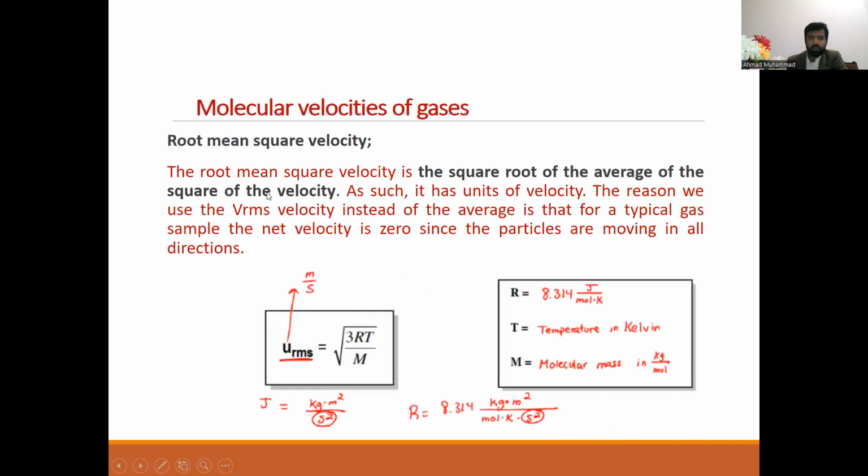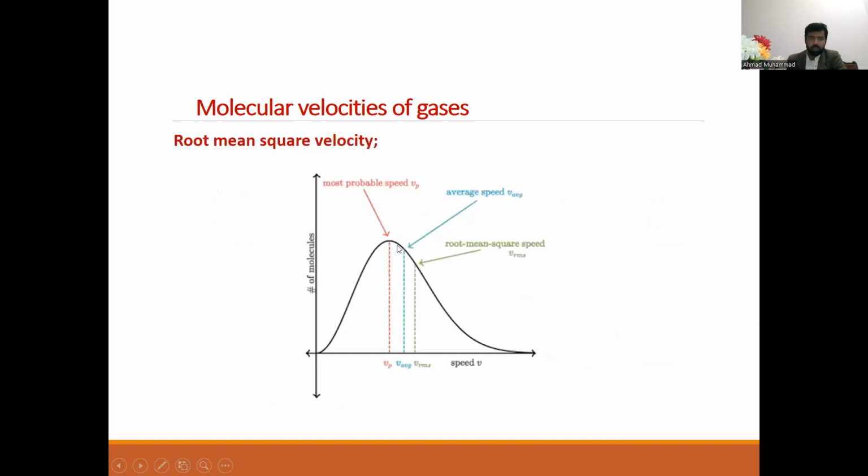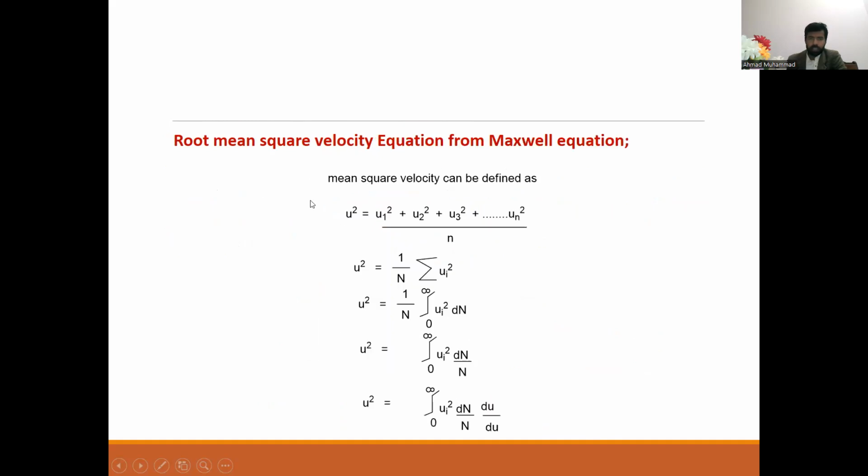For the root mean square velocity, we define the square root of the average of the square of the velocity as the root mean square velocity. Here is its mathematical expression, and here also R is the general gas constant, T is the temperature, and M is the molar mass of a gas molecule. In the graph, you can see the root mean square velocity. And for its derivation,